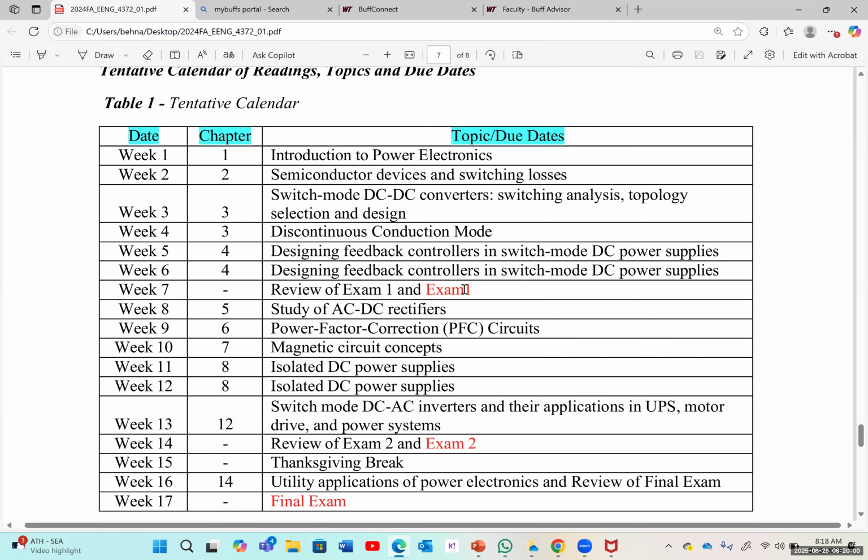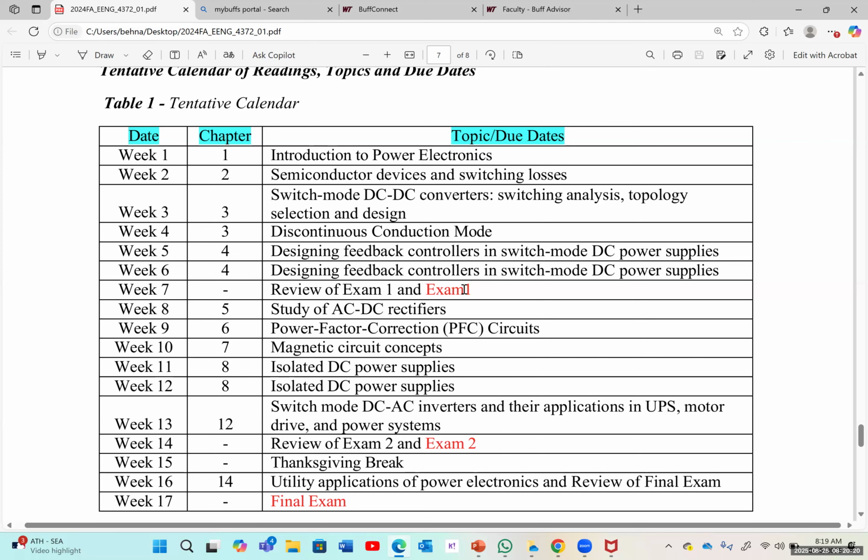We're going to have a review session that I would highly recommend you come to. It's going to help you a lot for the exam. Then we have a study of AC/DC rectifiers. We have power factor correction. I think in measurement instruments, you already learned a little bit about that, but here we're going to dive deeper